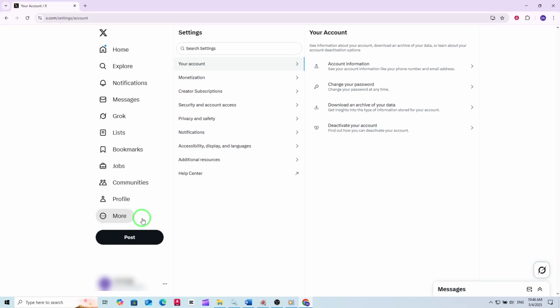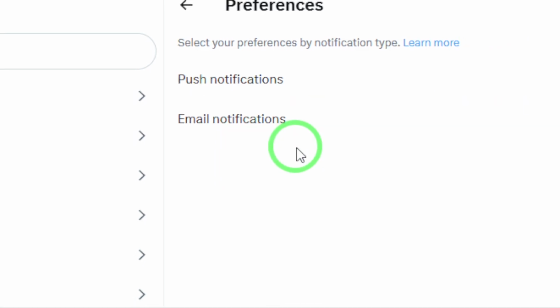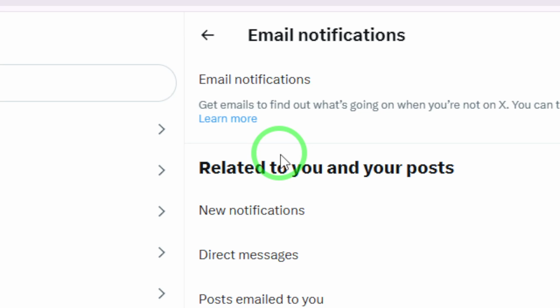Next, find and click on Notifications. In the Notifications section, you'll see an option called Preferences. Click on Preferences to access more detailed notification settings. Now, choose Email Notifications. This is where you can customize exactly what types of email alerts you want to receive